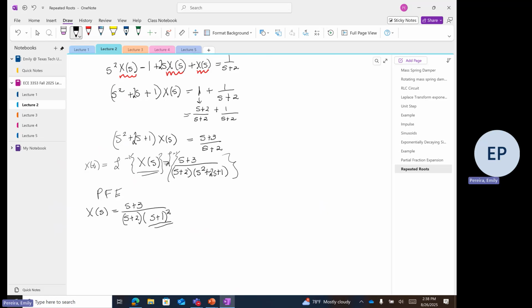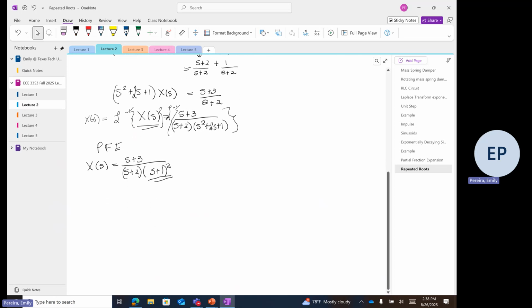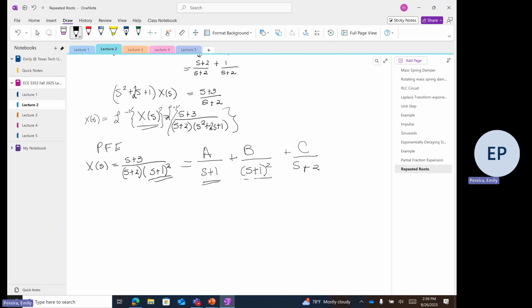Okay, so we start by finding A, which is going to be over s plus 1, let's call it, and B is going to be over our s plus 1 squared term, and C is over s plus 2. So this is now how we're going to factor our X of s. So we need this extra term here